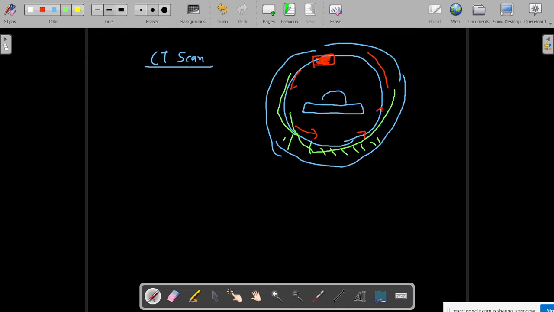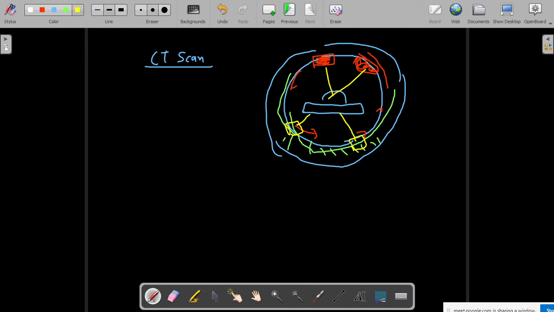What essentially happens is, each X-ray passes through the human body, and the shadow of it is captured by a detector. When your X-ray tube is in this position, it gives out an X-ray, it passes through the body, and here you have a detector which is going to capture it.